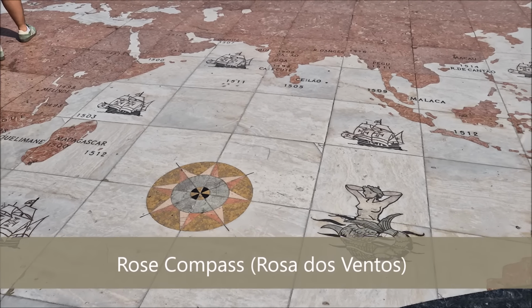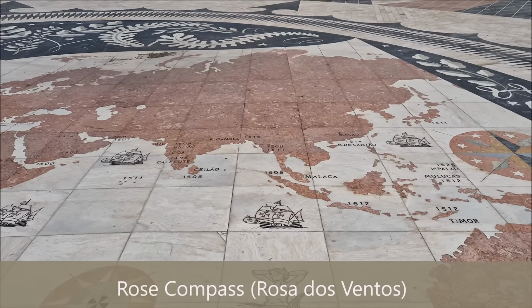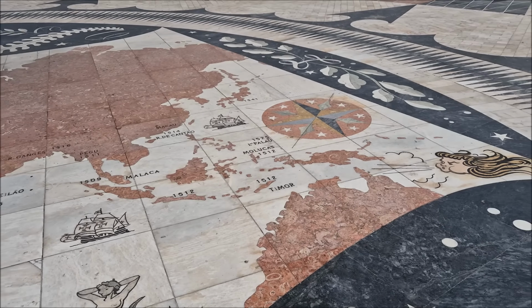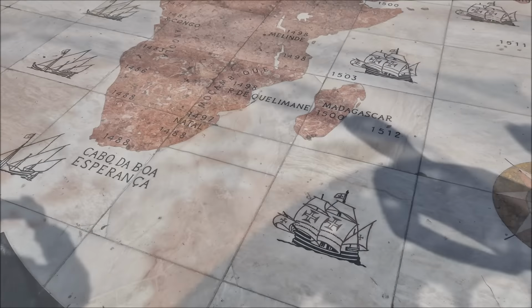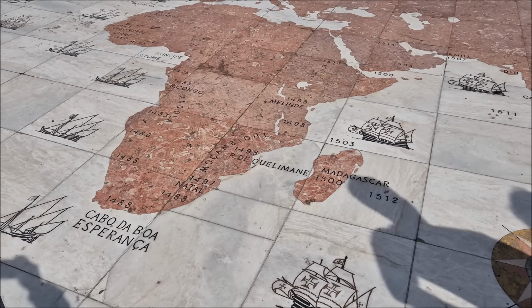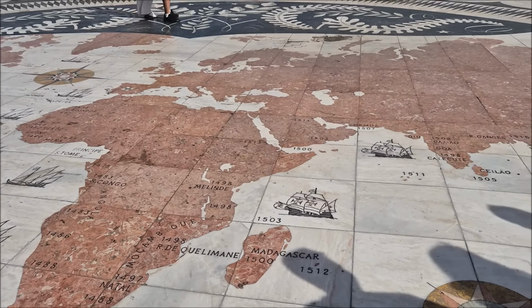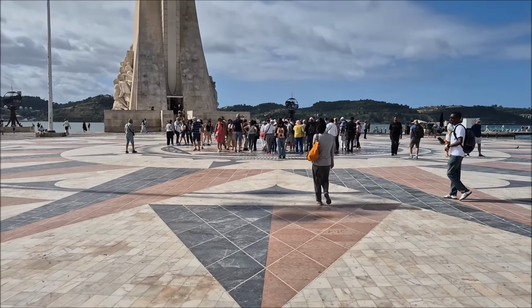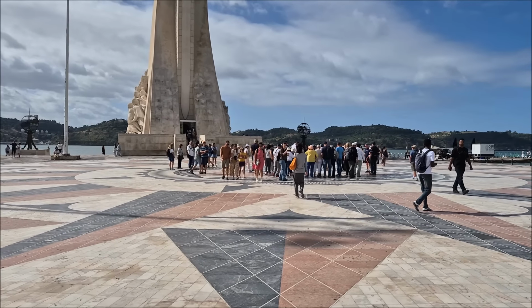The Rose Compass is a stunning artistic feature located at the base of the monument. It's a large, intricate compass rose design that symbolizes navigation, exploration, and the maritime spirit of Portugal's age of discoveries. The compass rose is beautifully crafted, typically made of stone or tile, and features detailed markings that represent the directions and intermediate points. Its design often includes decorative elements inspired by nautical charts and ancient navigational instruments, emphasizing Portugal's rich